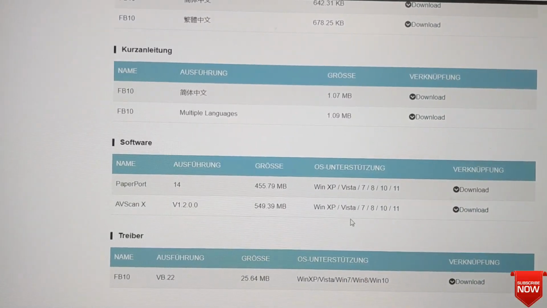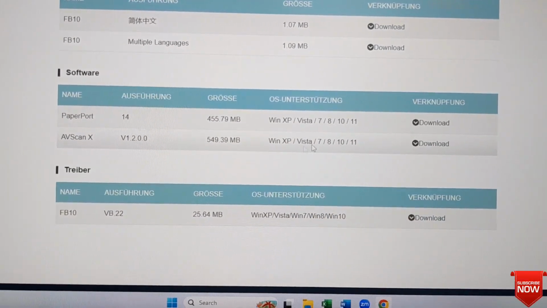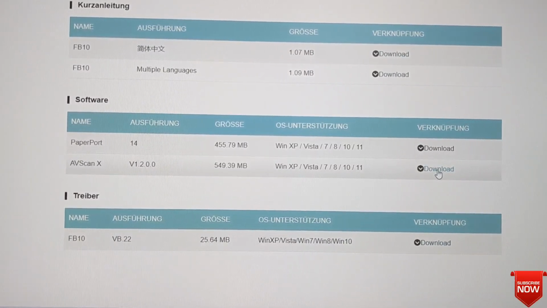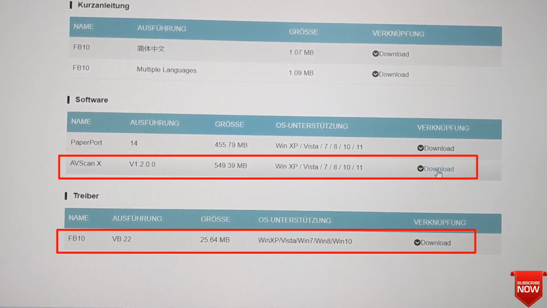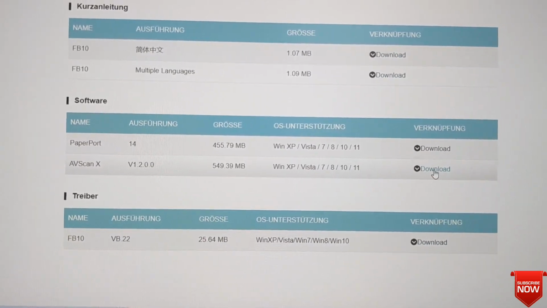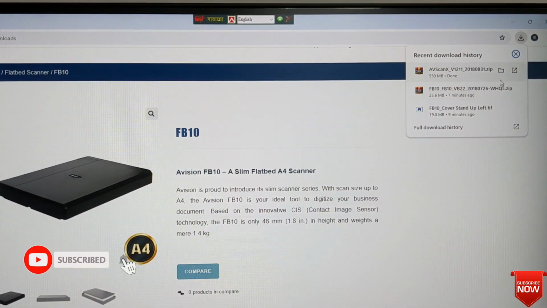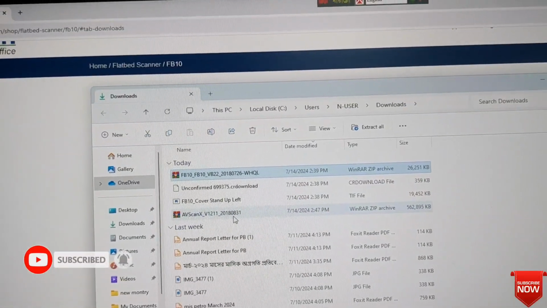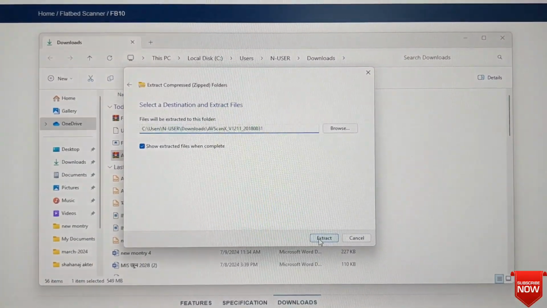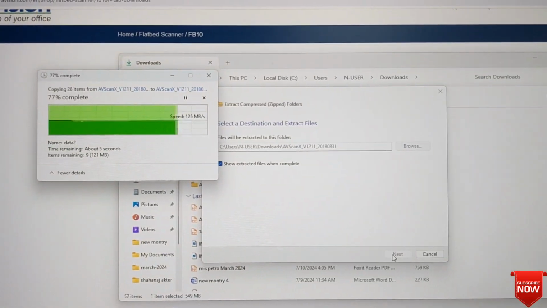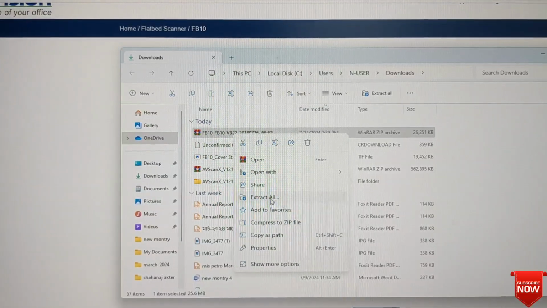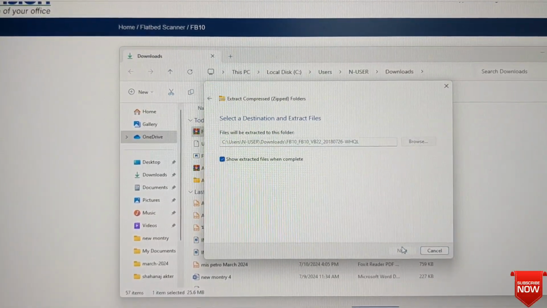This one is Avision. This is the main software and this one is the FB scanner. So we will download both, and I will go to the folder and right click for extract. And again need to extract